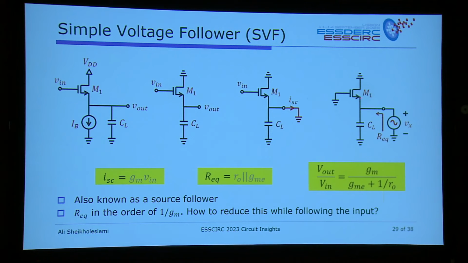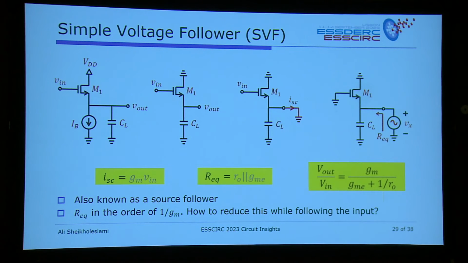So looking into this, what do I see? This was one of the library elements, and this was RO in parallel with, this should be 1 over GME, my apologies. So it's 1 over GME in parallel with RO. And now you multiply these two, and you get this ratio. Now, if you assume that GME is larger than 1 over RO, which typically it is, then you get GM over GME. You get a ratio that is approximately 1, maybe 0.8,